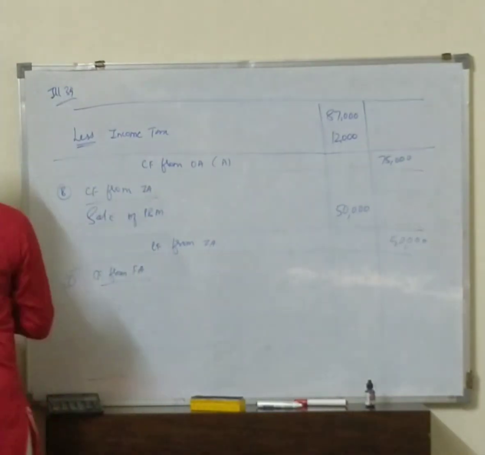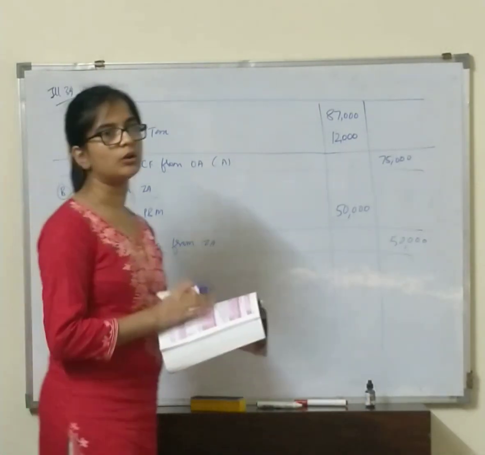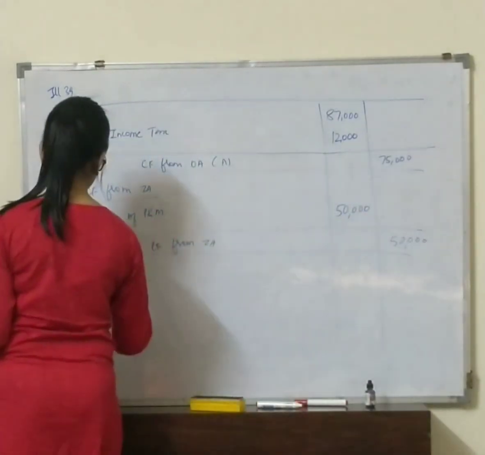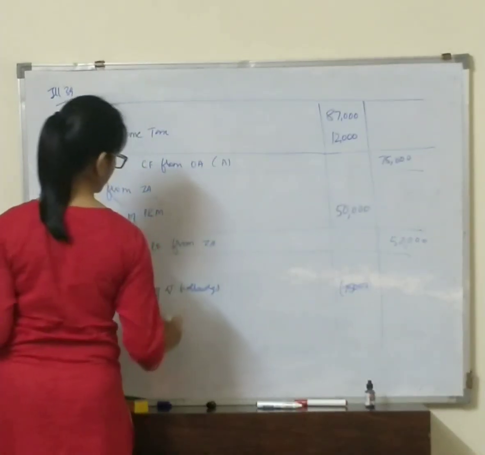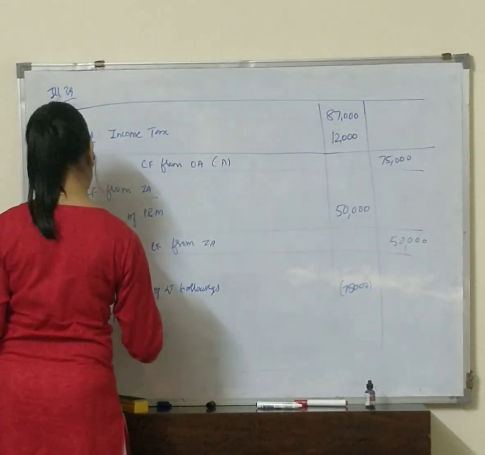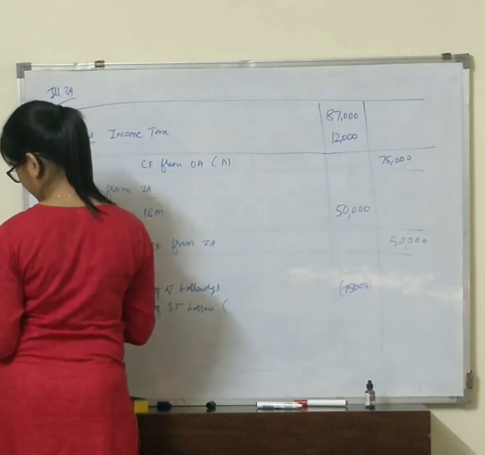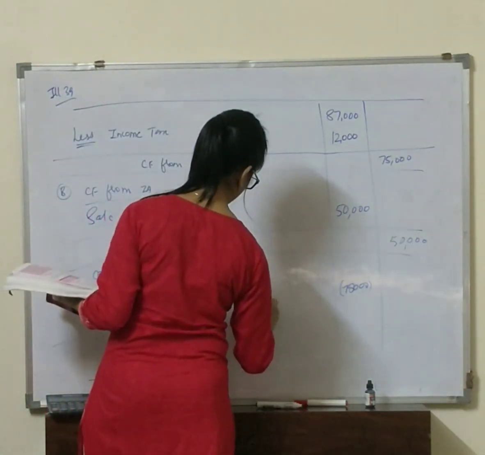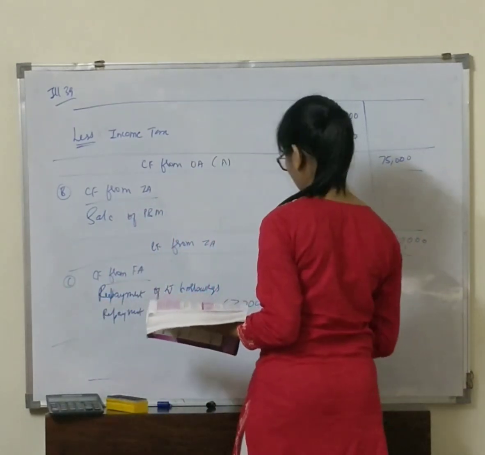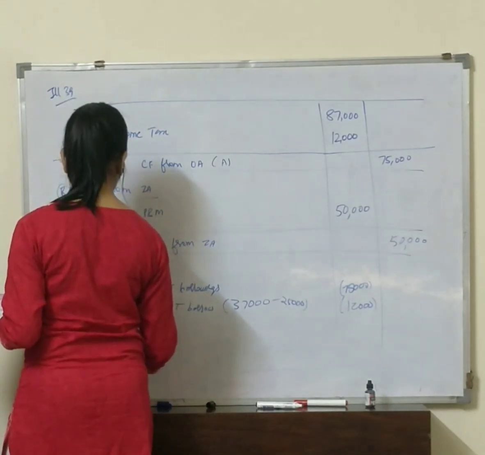And the last one is cash flow from financing activity. Under that, do we have issue of shares? No, because the share capital amount is the same. Then we have long-term borrowing. Previous year it was 75,000, which means we have repaid it this year. Repayment of long-term borrowing is negative 75,000. Then again we have repayment of short-term borrowings, from 37,000 it has reduced to 25,000. So we have repaid 12,000, a negative figure again.